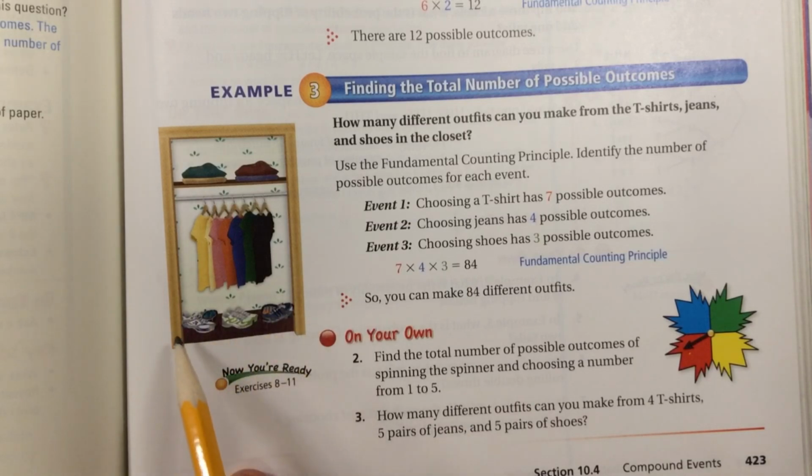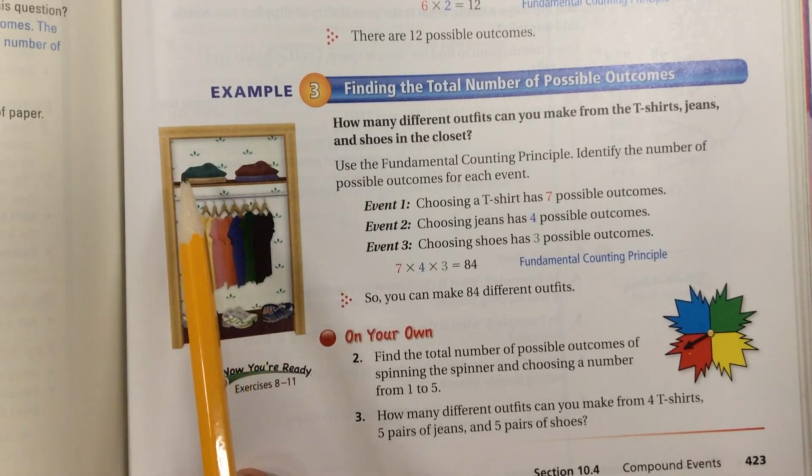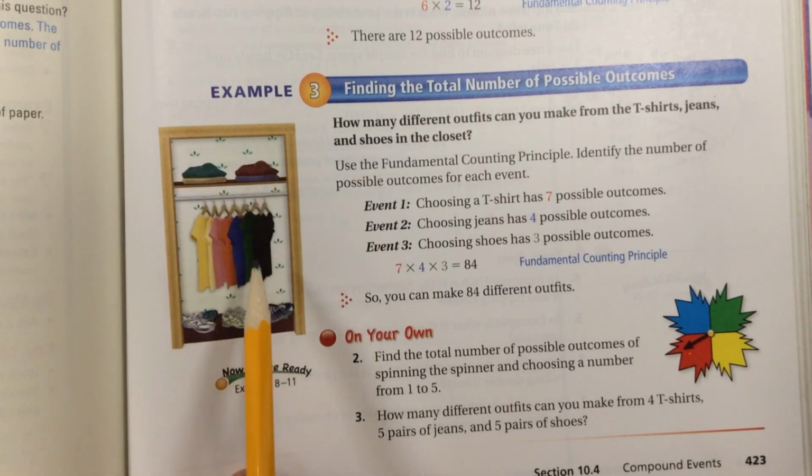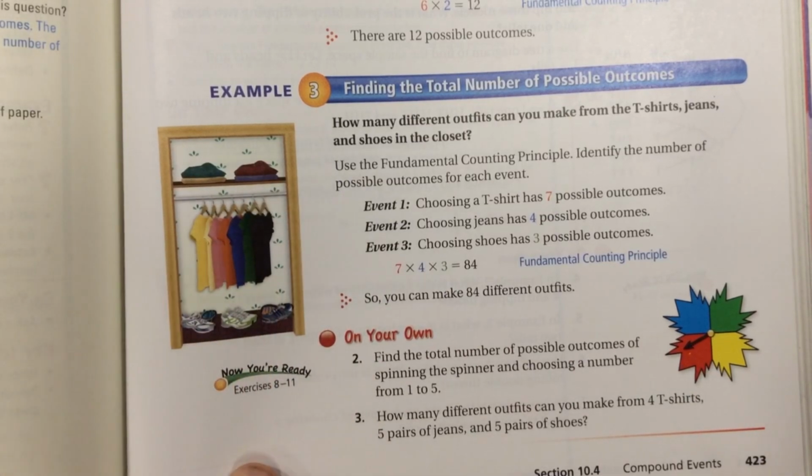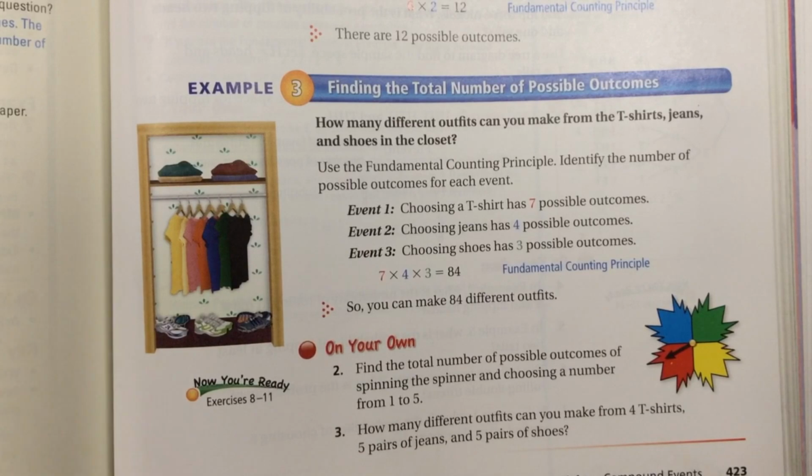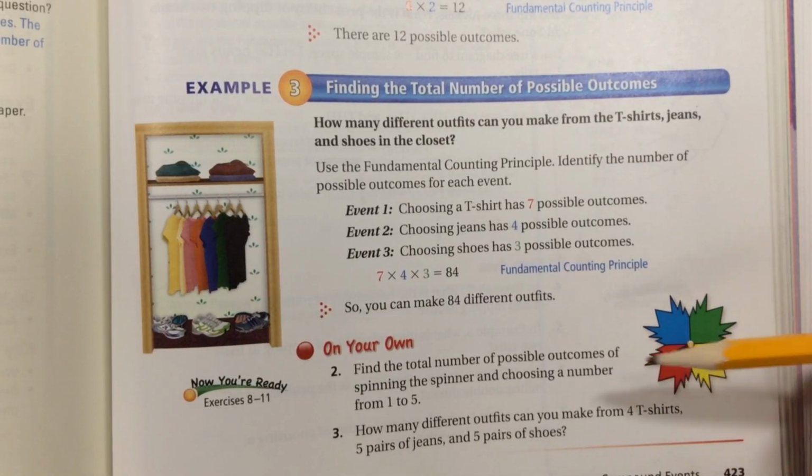I know a lot of you would mismatch your shoes, which then would make this even more. But let's just say you don't mismatch your shoes. So we have 3 pair of shoes times 4 pair of pants times 7 shirts. You would get 84. There are 84 possible outfits. On your own,